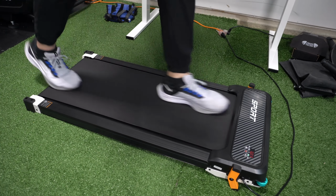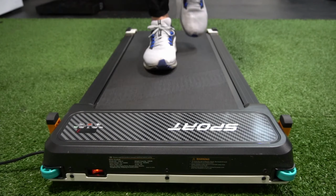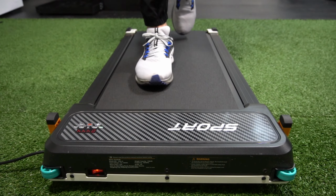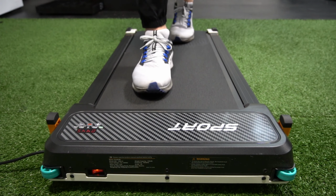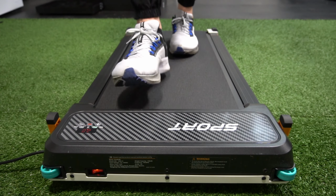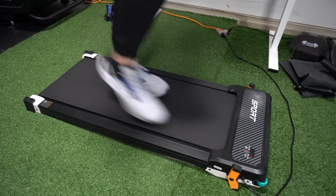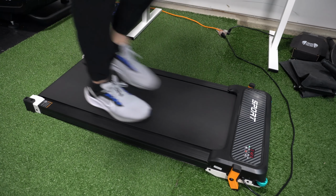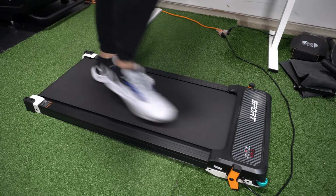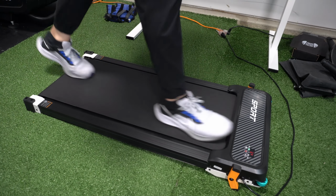And I'm not hitting the motor hood. I know some people might have that question or that concern. You know, if you're walking slow or not paying attention, you're focusing on work, and you get a little bit too close to the motor hood, that might happen once in a while, but it doesn't really ever happen for me. And now I'll put it up to 3.4,